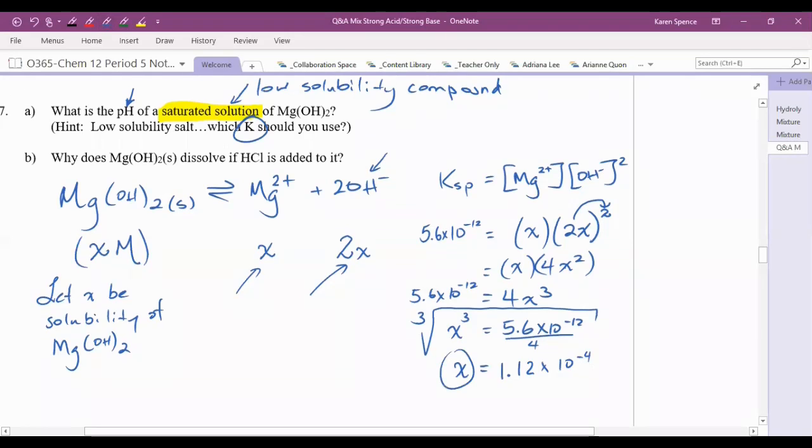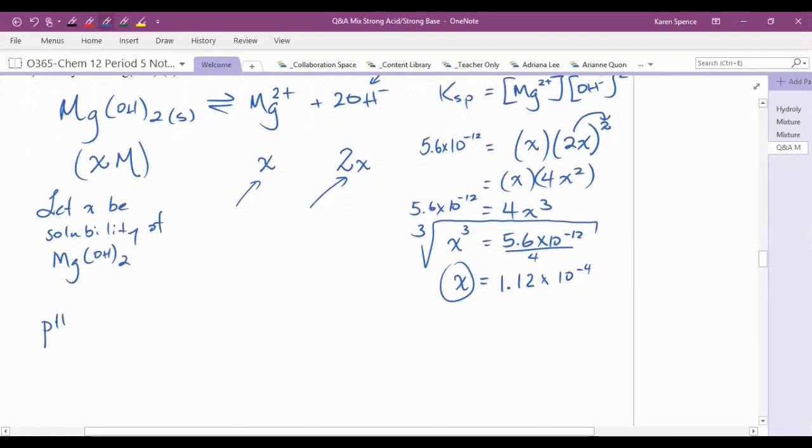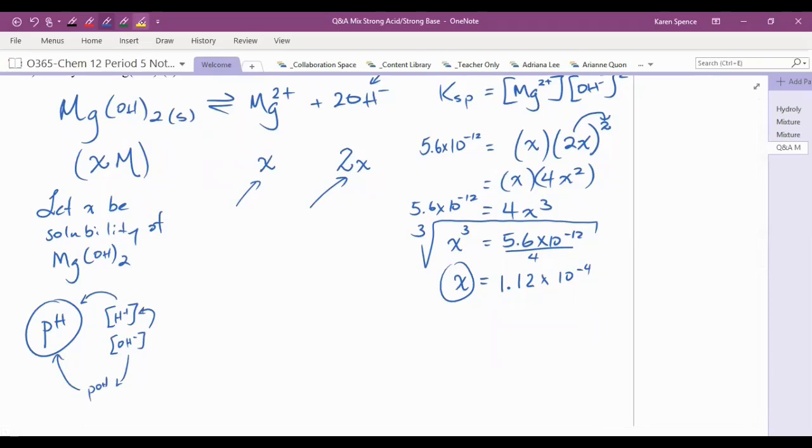But we're looking for our pH. And anytime we're looking for our pH, we either need to know the concentration of hydrogen or we need to know the concentration of hydroxide. And then from hydroxide, we can go to hydrogen and we can go to pH, or we can go to pOH and we can go to pH. So in this case, we are looking at our hydroxide, and our hydroxide concentration is 2x. So concentration of hydroxide is 2x. So that's going to be 2 times